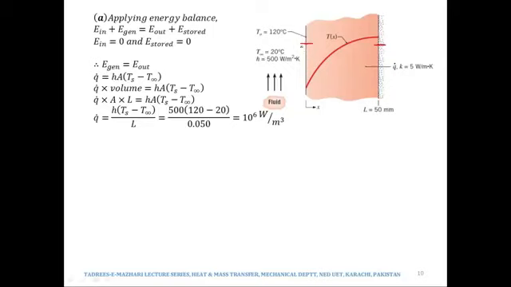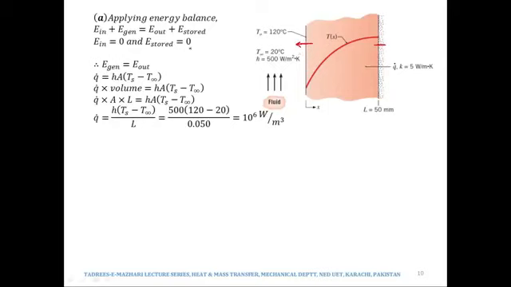So at this particular surface, T naught is 120 and the outside fluid is at 20. So heat would in fact be coming out and not going in, and the other surface is well insulated, so there won't be any heat transfer from this surface. So in fact there is no heat coming in, therefore E in is 0. It is only E out which exists,